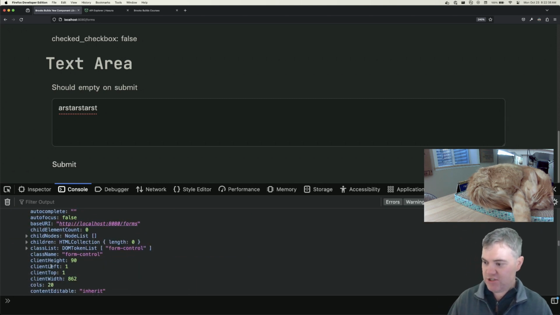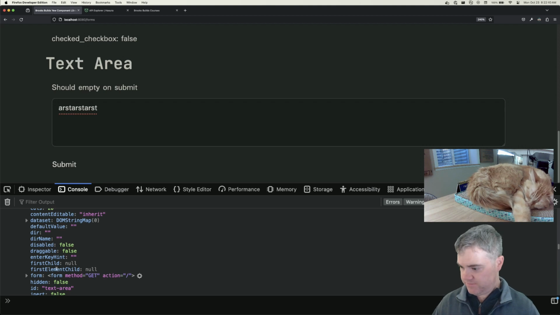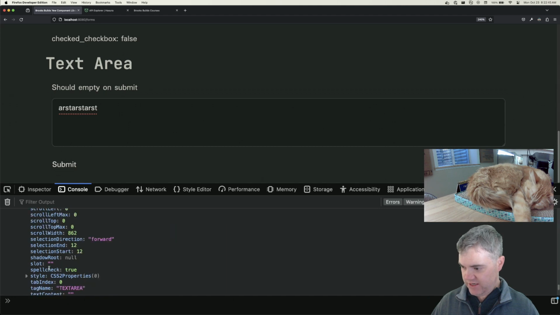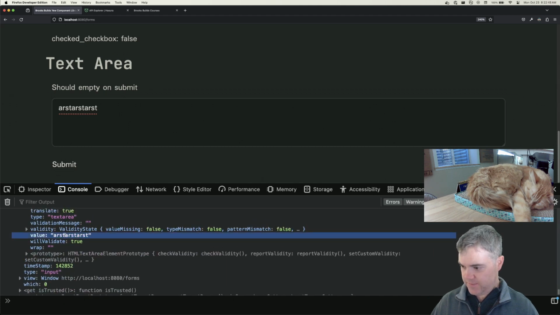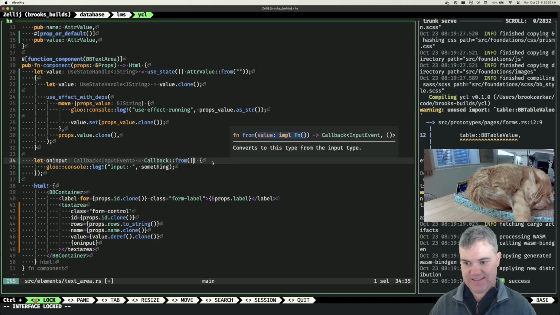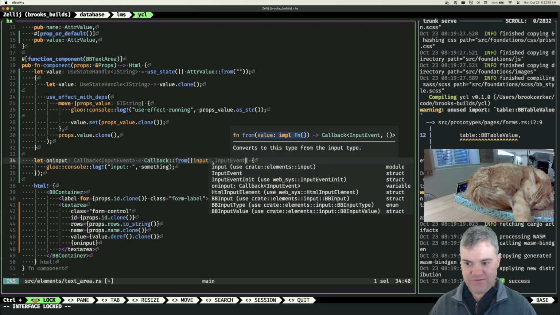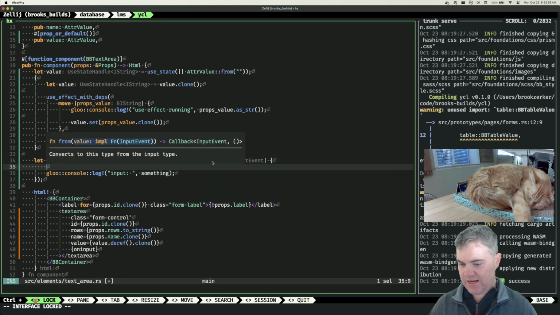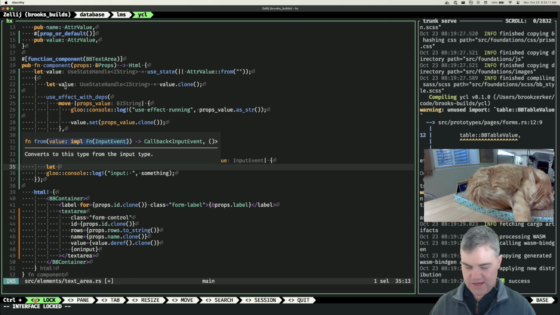So maybe we can just use target and then value. There should be a value in here. Yeah, right there. Now, can I do that? So this is the input value. Can I say let I don't want to lose this value, so let